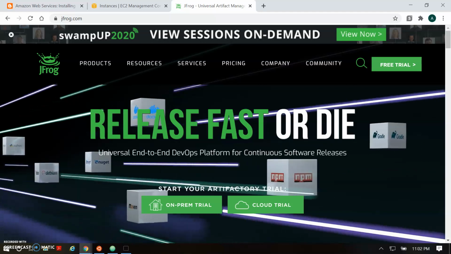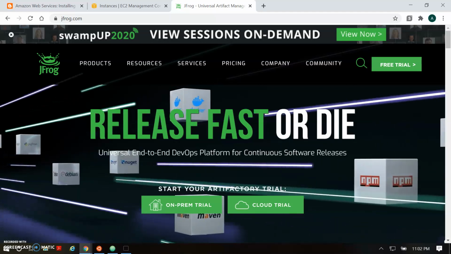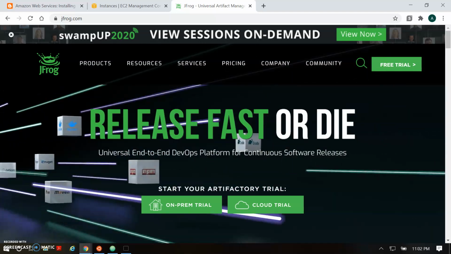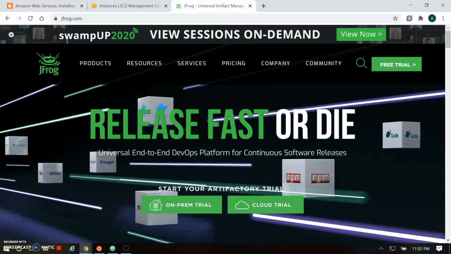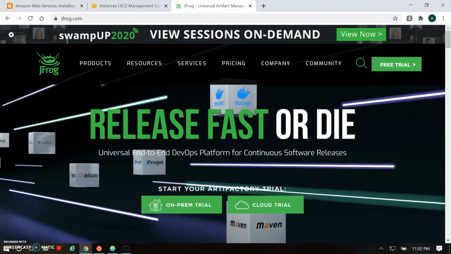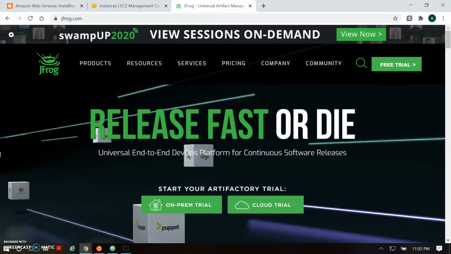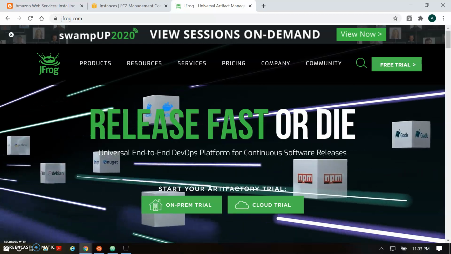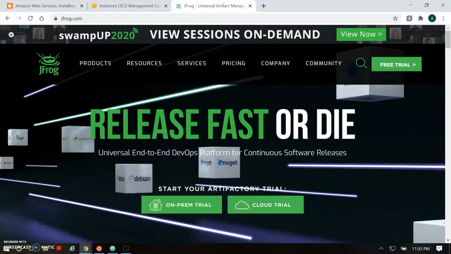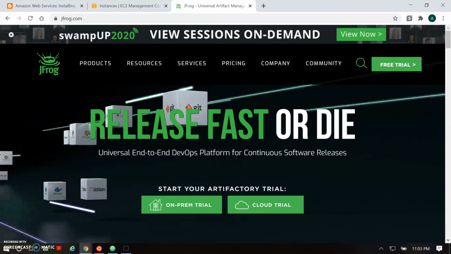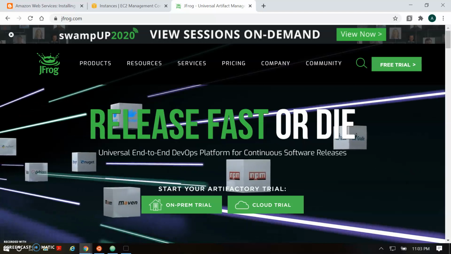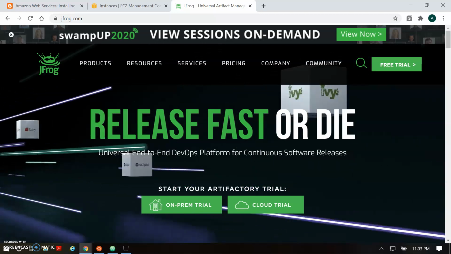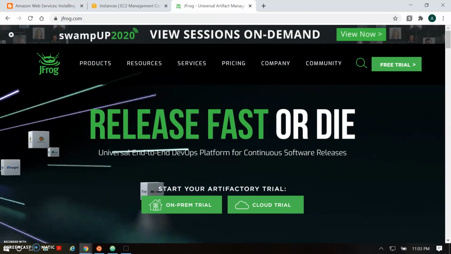In this session we are going to understand the JFrog Artifactory artifact server. We will understand the concept, how we can configure JFrog Artifactory, how to install this Artifactory server on an EC2 instance on AWS, how to configure it with the Jenkins side, how to download the JFrog Artifactory plugin and the basic configuration, and at last we will see the demo section where we will configure the artifact publishing to the Artifactory server.